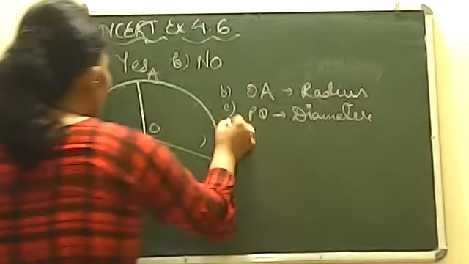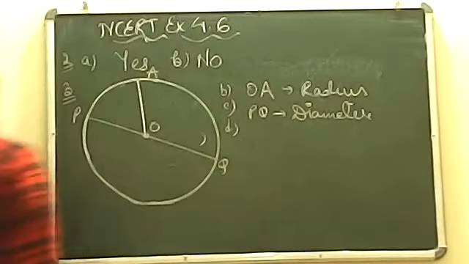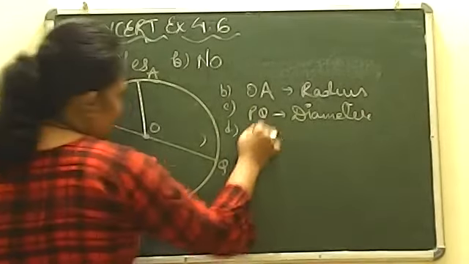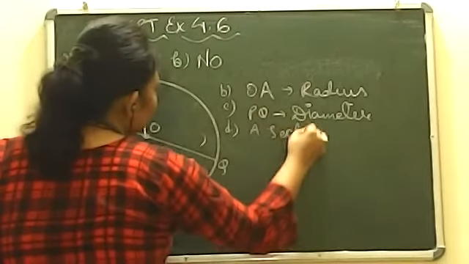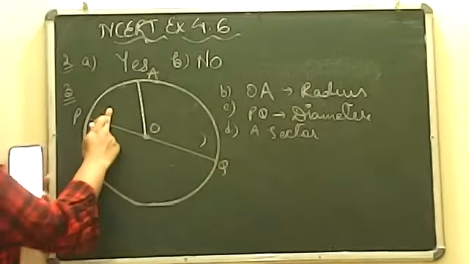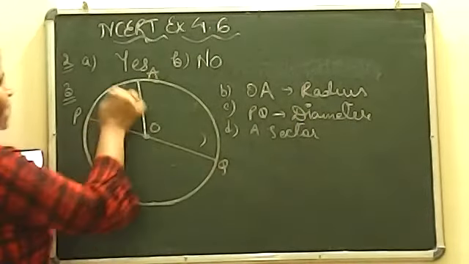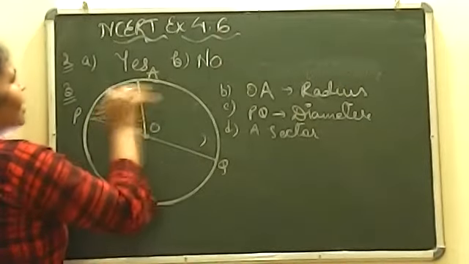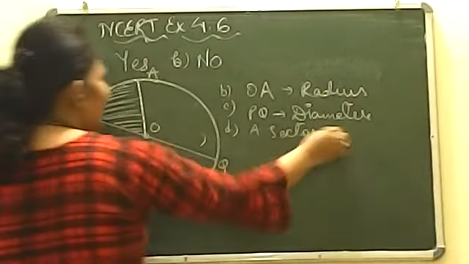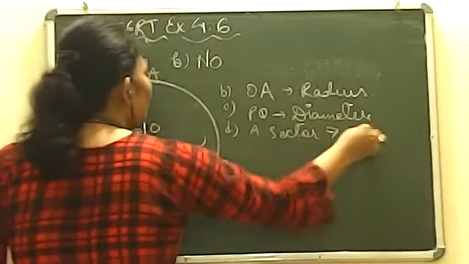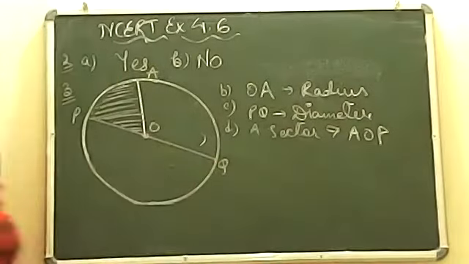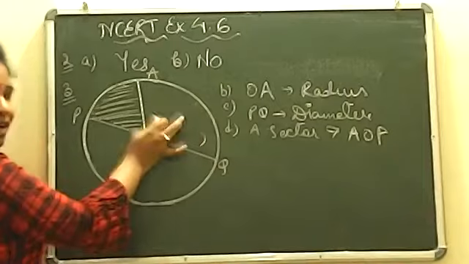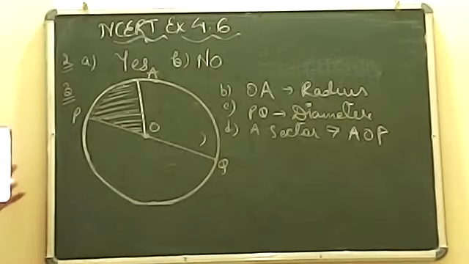Now move on to question number D. D is telling you have to draw a sector. So a sector. Now I have already drawn this sector. I am going to only shade this out. Okay. And I'm going to write down the name as AOP. Sector AOP. Now remember, आप इसको भी shade कर सकते हो बेटा. It's totally up to you what you want to shade.